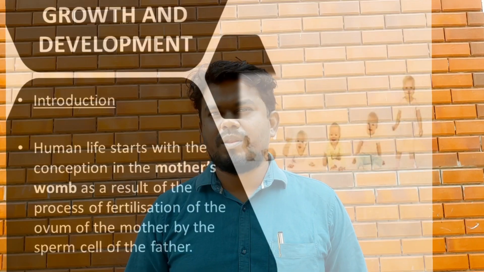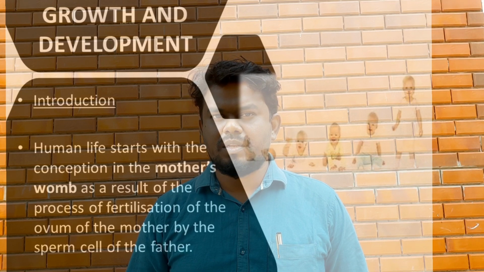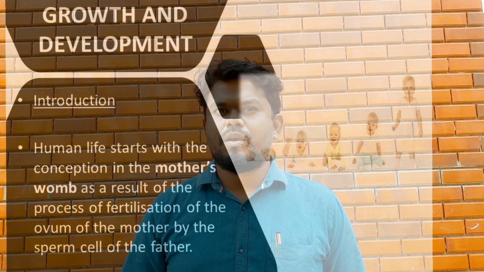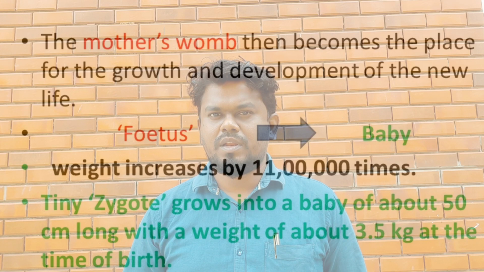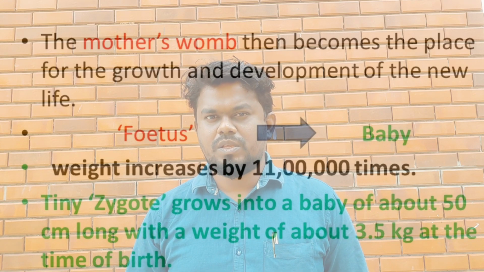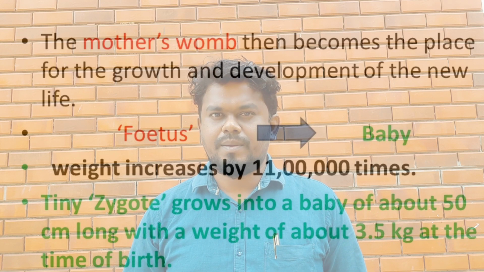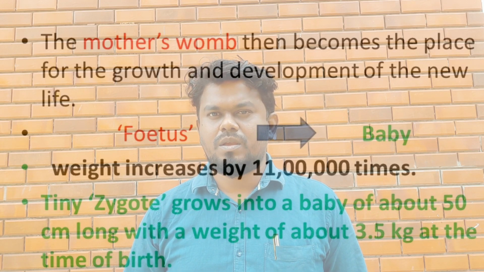As far as the human being is concerned, life starts with conception in the mother's womb as a result of the process of fertilization of the ovum of the mother by the sperm cell of the father. The mother's womb then becomes a place for the growth and development of new life. From the formation of the fetus till the baby comes into the world, its weight increases 11 lakh times. The tiny zygote grows into a baby about 50 centimeters long with a weight of about 3.5 kg at the time